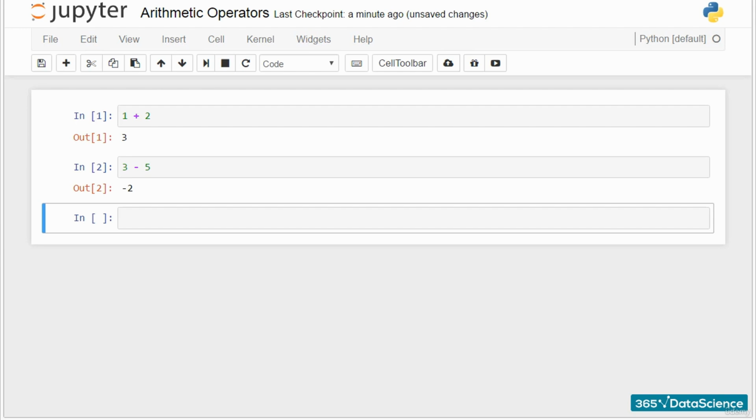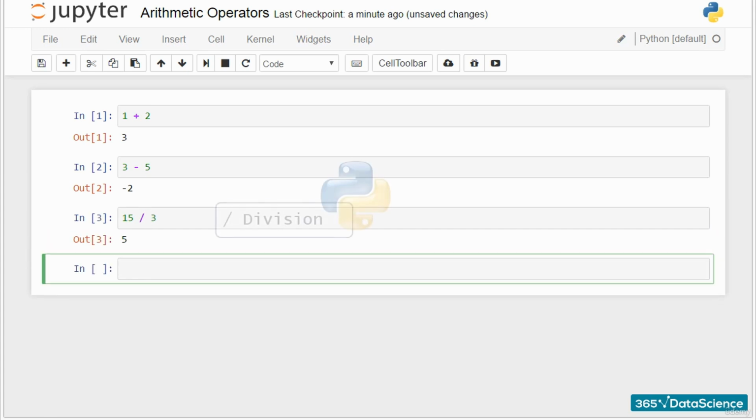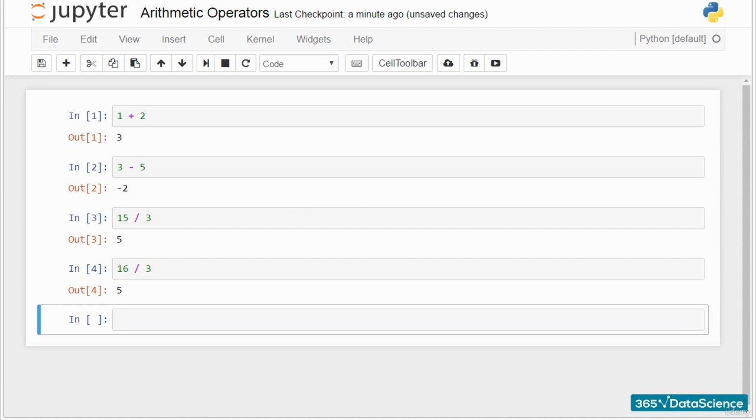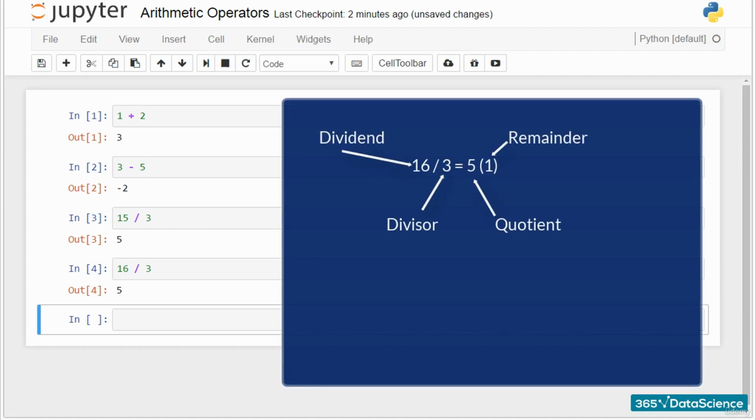Division is more interesting. If we want to divide 15 by 3, we will need to use the / sign. What will happen if we try to divide 16 by 3? 5 again. Yes, the output was 5 because in Python 2, the quotient is an integer by default. Mathematically, if we divide the integer 16 by 3, we will obtain a quotient of 5 and a remainder of 1. If we use real numbers or floats, the float 16 divided by 3 will result in a float value